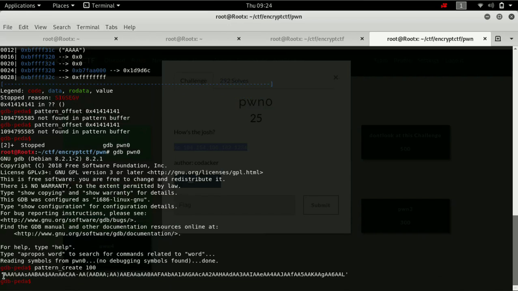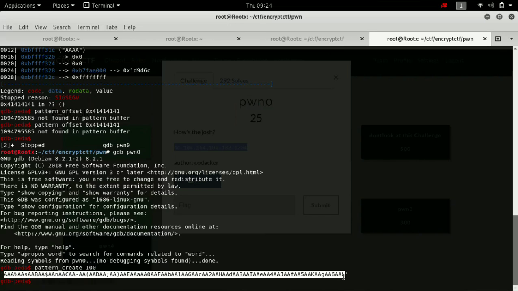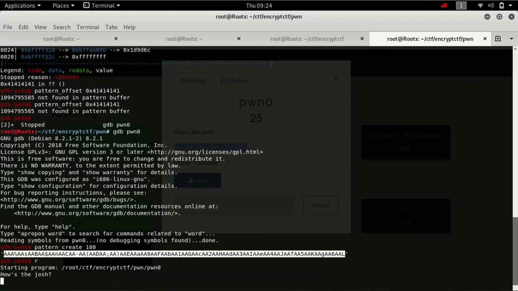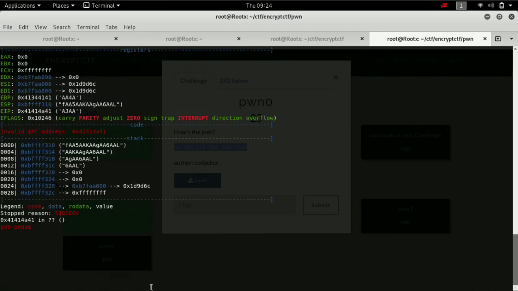Okay, just copy this string and run this. Okay, same thing. This has got to be a different one, I think. Pattern offset. Okay, 80. Our offset is 80. That means after 80 characters, at the 81st, we got a segmentation error.